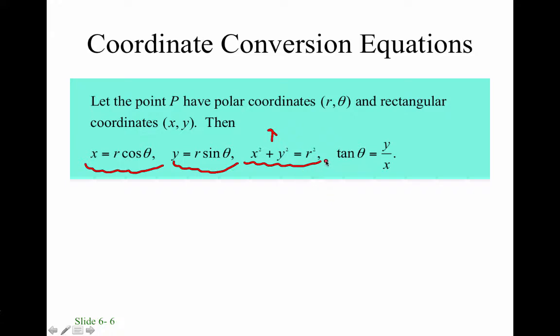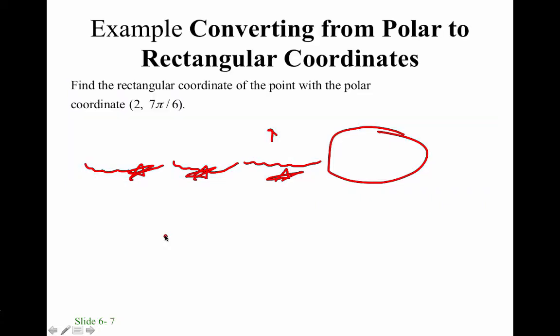These are the things you really need to know, and it's really these three that are the main ones. Then you should remember this comes back from chapter 5: the tangent is equal to the sine over the cosine. I think we remember that. So x equals r cosine, y equals r sine and back again, and x squared plus y squared equals r squared. Those are the three. And this is how we're going to be able to convert our equations from one thing